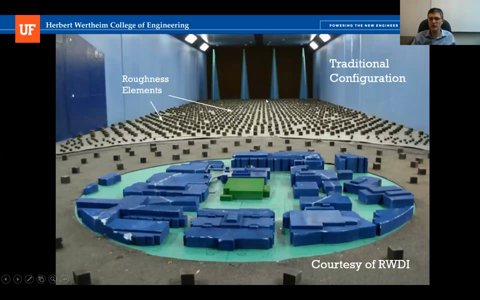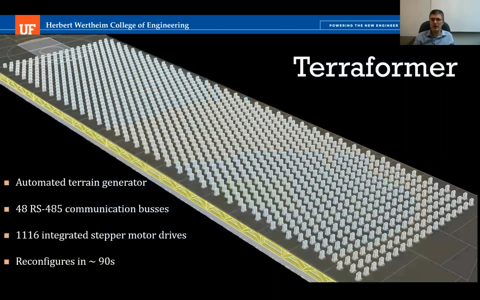Most commercial and even research facilities have pre-calibrated setups, but the idea is it's a very labor-intensive process to move from one terrain to another, or a different scale to another. If this is a 1/50th scale model and I wanted to move to a 1 to 100 scale model, again, I'd have to change all those blocks. So the unique feature, and I think it's a cool feature, about the UF wind tunnel,